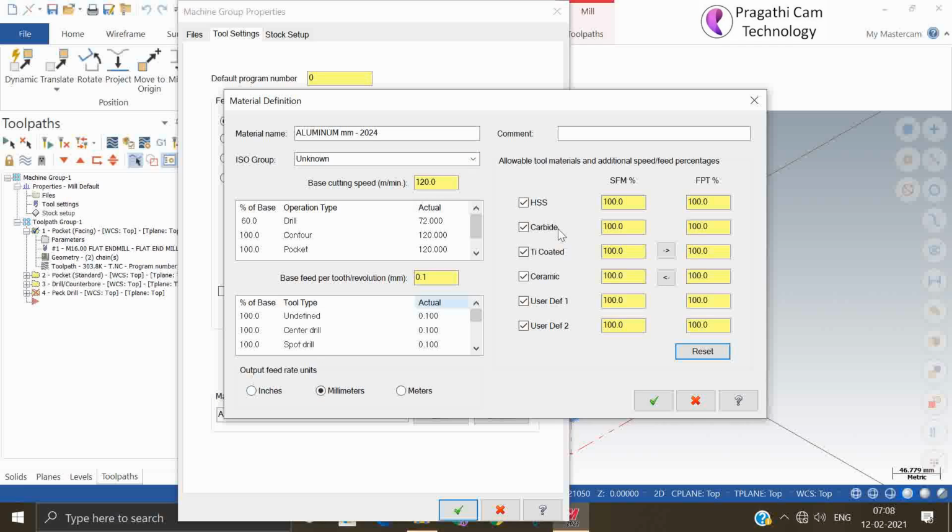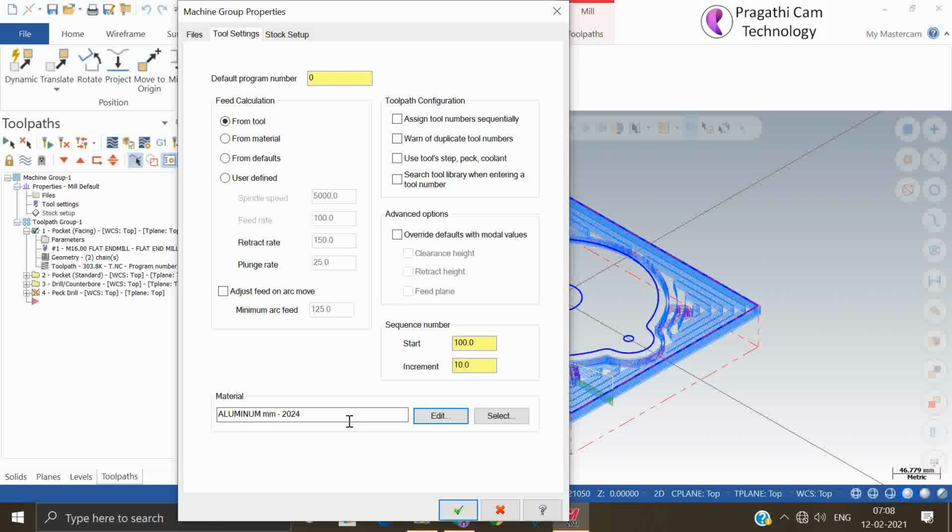You can select the library also here. I'll close this. Okay. Here the library you can modify, edit, or you can select.